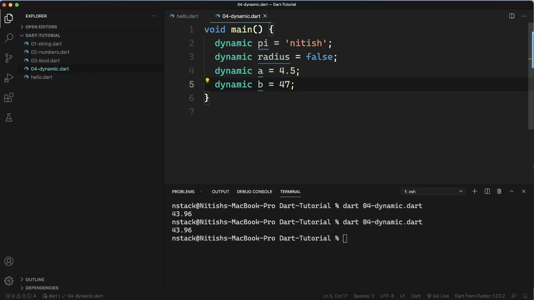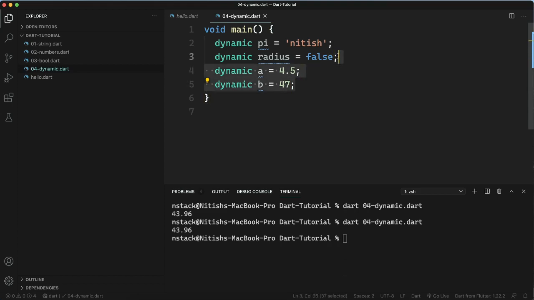So this is why dynamic is something special and is not available in every language. It is also recommended not to use it. Try to always use the data type for any variable you are using, but sometimes if you want to use dynamic, you can use it. Dynamic makes Dart an optionally data typed language. It means now these variables do not care about the data types.